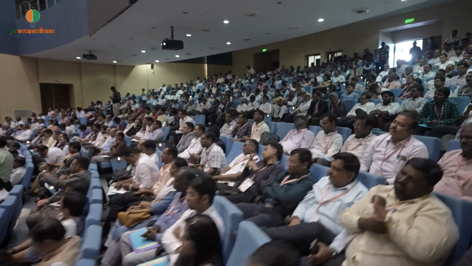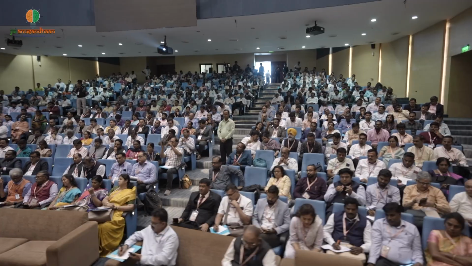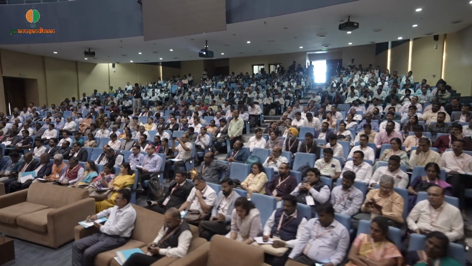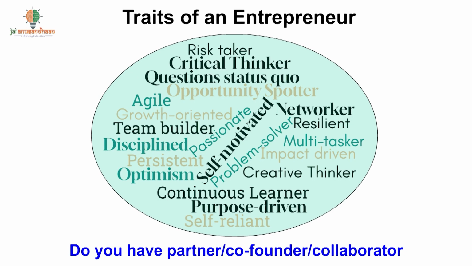If I want to go to the next level, from innovator to entrepreneur, I also need a lot of qualities in a person. And these qualities are very varied. Sometimes it so happens that one or two students and a faculty who are trying to take an innovation ahead are stuck because not all the skills and knowledge which are required are available. Then what is the solution? You need to have more people, or your team has to expand to have all the skills and knowledge which is required.